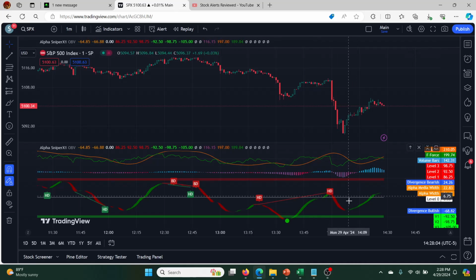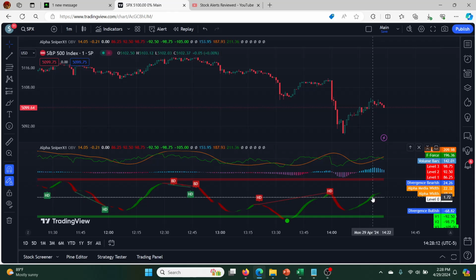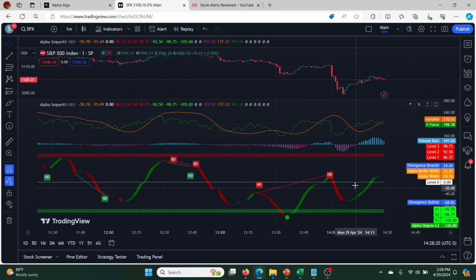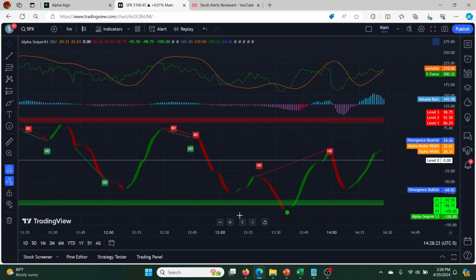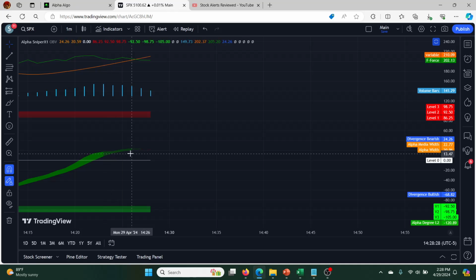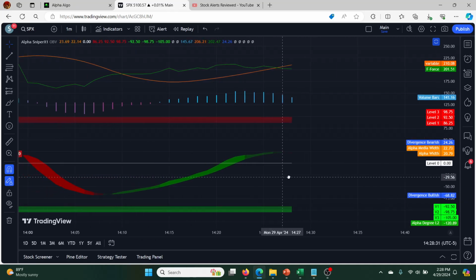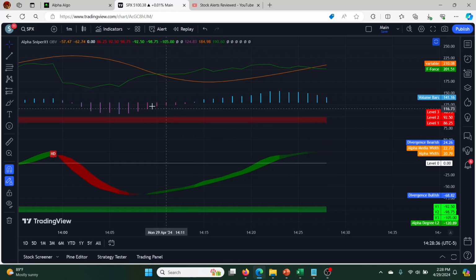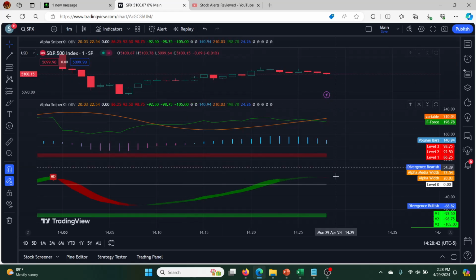So yeah, you can see here the oscillator from earlier, it's turned over and we've started to ramp up here. It's starting to fade now though, so you can see how it's kind of a good example in real time, because everybody always thinks these things are repainting or whatever. You can see we are weakening on the oscillator. You guys remember from earlier, I talked about how the color changes as you start to weaken on the oscillator. And so this is going to be interesting to see if we have turnover here and more price movement to the downside. So let's give it a minute or so, see if we see a drop,